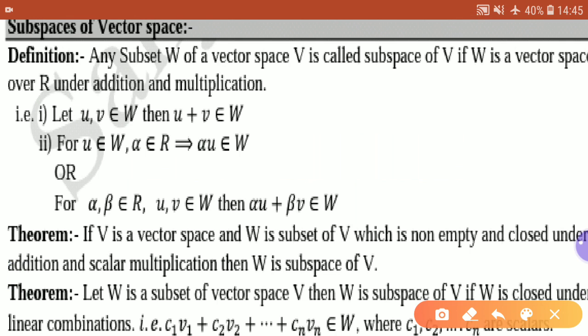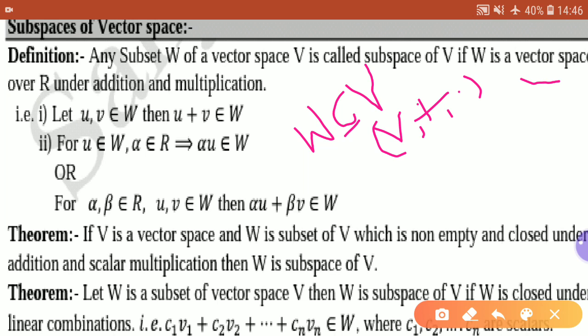So for any non-empty subset W, this W we have considered as a subset of the set V, which is already a vector space. Then it can be called a subspace of that vector space V when W is itself a vector space over the field of scalars, that is R, under addition and multiplication. Whatever the operations on the vector space V, addition and multiplication, under similar operations this W also has to be a vector space. Then it can be called a subspace of that